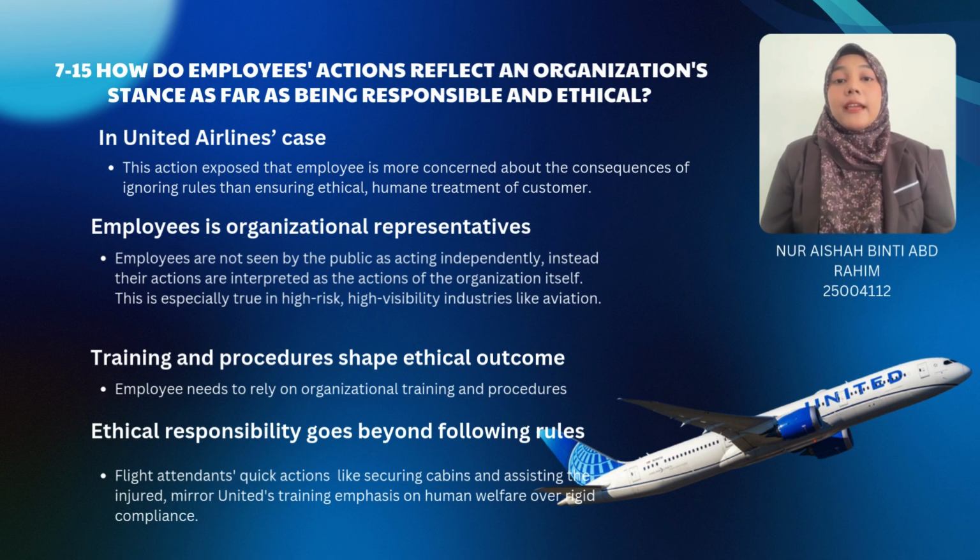In the United Airlines case, employee action during the turbulence incident revealed the organization's commitment to safety protocol, reflecting a responsible stand when the crew prioritized passenger care to reduce chaos. This action exposed that the employee is more concerned about the consequence of ignoring rules than ensuring ethical human treatment of